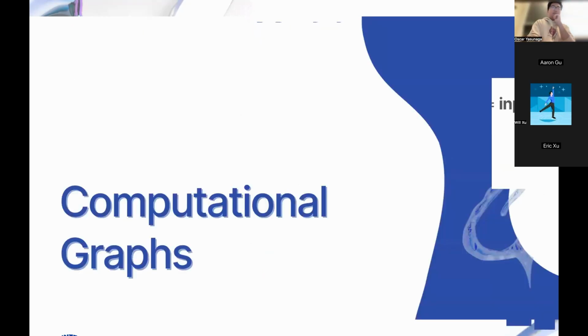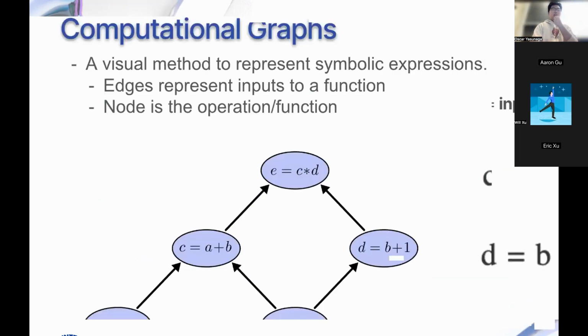All right. So just to motivate, before we get to neural networks, how do you train a neural network? We'll talk about computational graphs. Now, a computational graph is a way of visualizing your symbolic expressions, where each edge represents an input to a function, and each node is an operation or a function. So, like if you look at this,